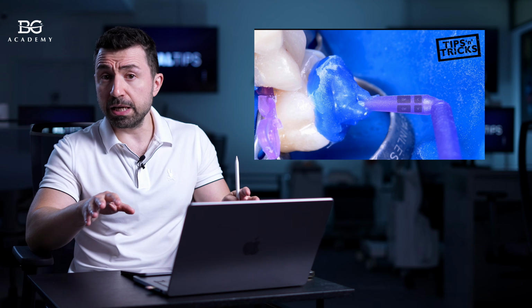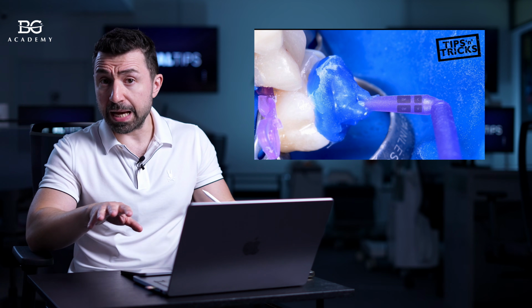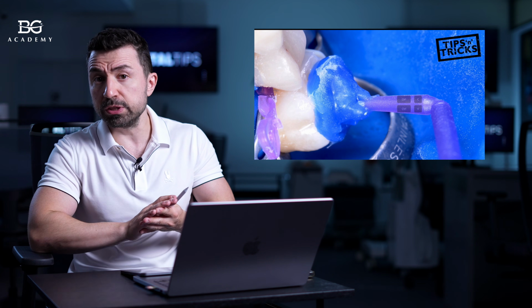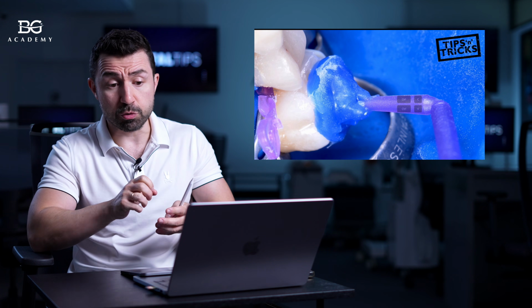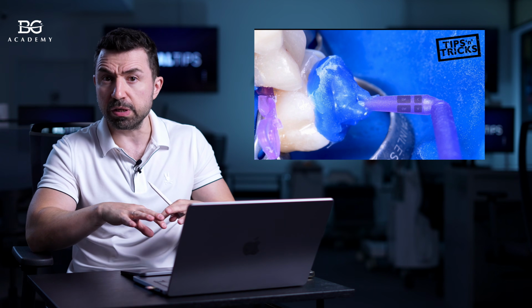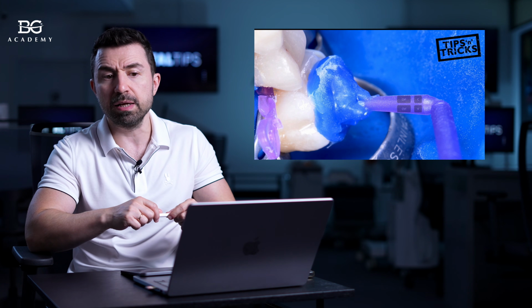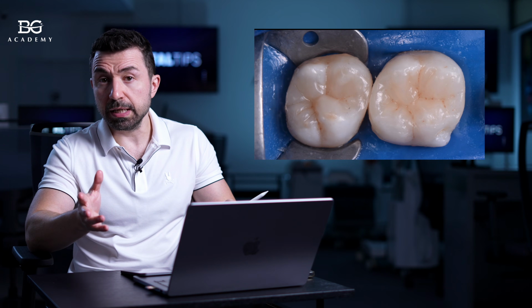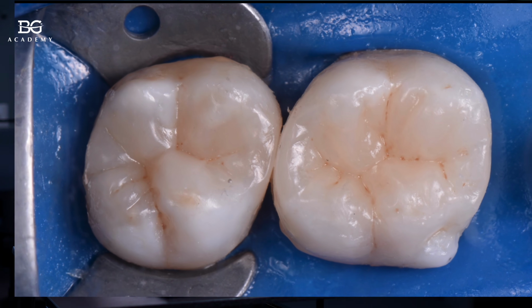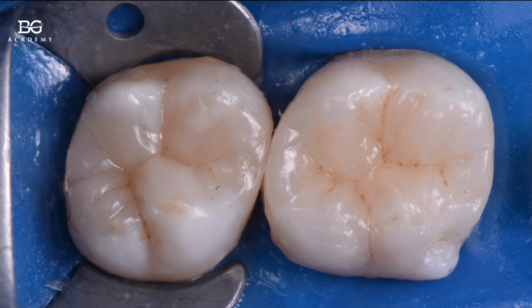The last layer of composite will be adapted to the surface of the tooth, and you use Teflon. You press it through the Teflon with a stamp. You remove the Teflon, you can remove some excess composite, and then you go with polymerization and get a result like that. So this technique may save a lot of time since you have multiple teeth waxed, and you can just do copy, paste, stamp, and all the occlusal anatomy will be copied from the dental technician's model.